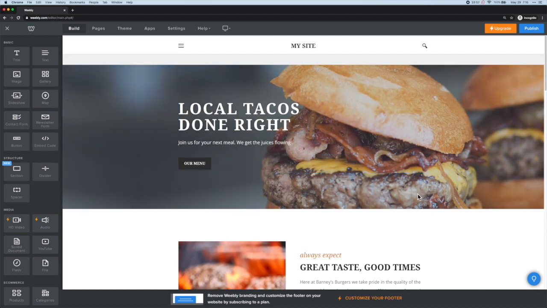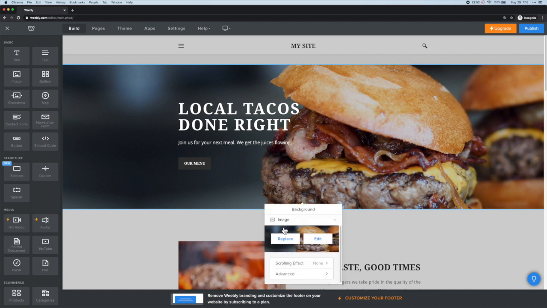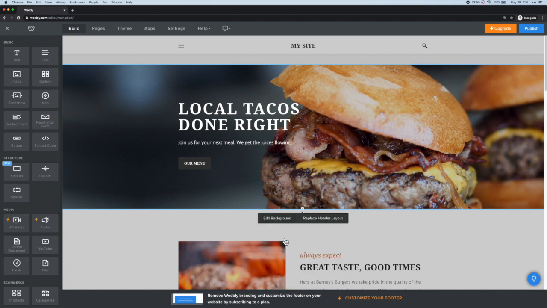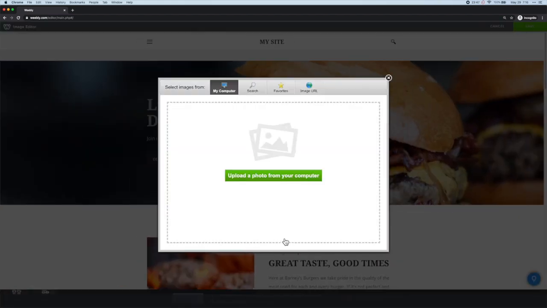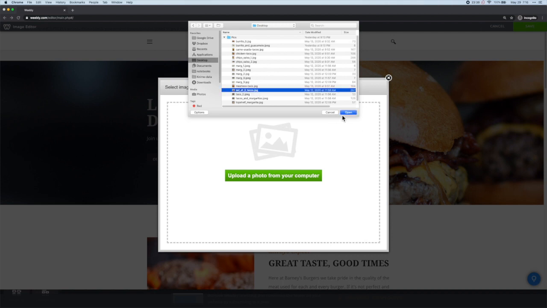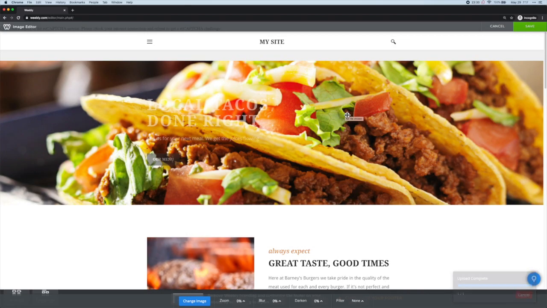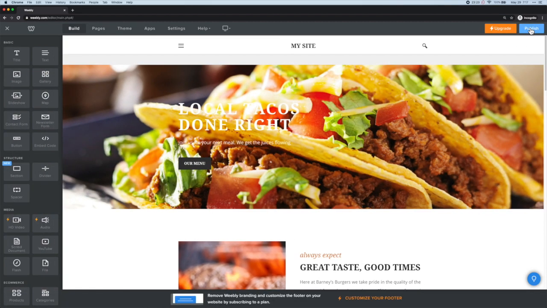For the background image here, you can just click on it, click on Edit Background. We want to replace the image. I've already downloaded some photos from my computer, so I'm going to pick some of those. They're just random pictures I've chosen off of Google Images. So this isn't a production site, so I'm just going to grab. There we go, there's a nice taco. And then we click Save here to just make sure the image gets saved in the background,